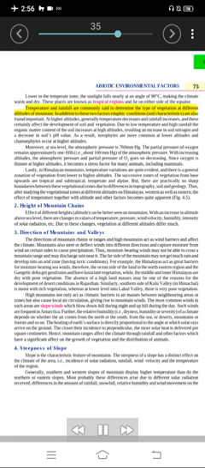Temperature and rainfall are commonly said to determine the type of vegetation at different altitudes of mountain. In addition to these 2 factors, edaphic conditions, soil characteristics, are also found important. At higher altitudes, generally temperature decreases and rainfall increases, and these certainly affect the development of soil and vegetation. Due to low temperature and high rainfall, the organic matter content of the soil increases at high altitudes, resulting in increase in soil nitrogen and a decrease in soil's pH value. As a result, xerophytes are more common at lower altitudes and mesophytes occur at higher altitudes.